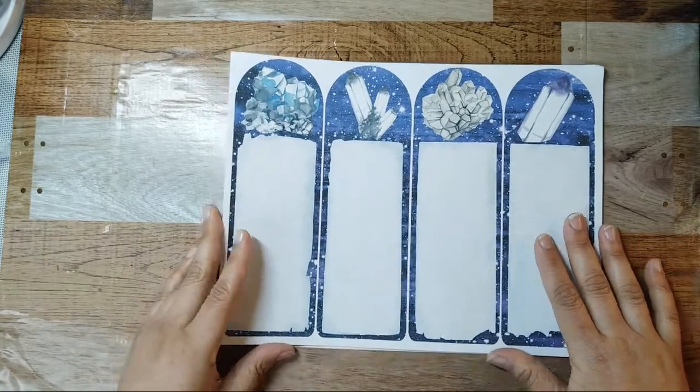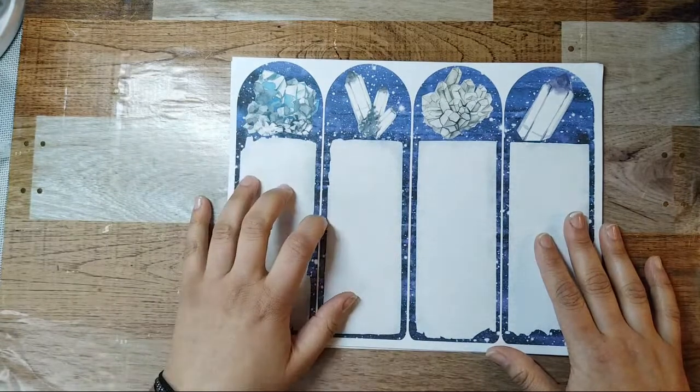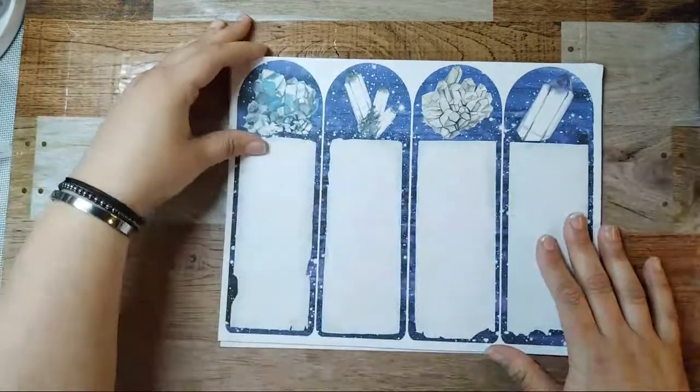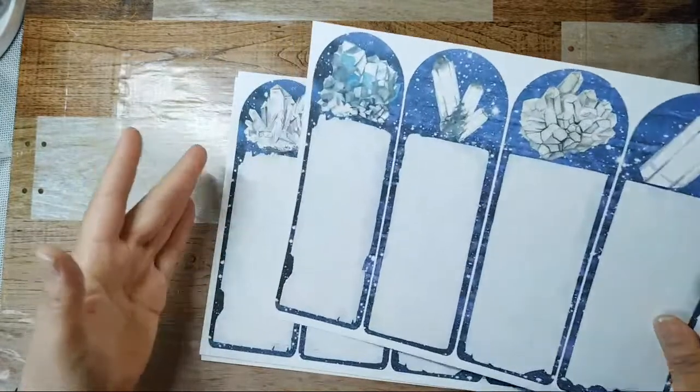Hey, Cindy. Okay, so these tags might be my new favorite tag shape. I'll show you the ones I cut out because I'm a little bit into this, and I might put this into everything now because I absolutely love these. So these are the crystal tags. They come 3 in this set because, like I said,